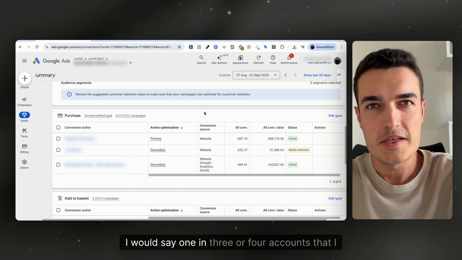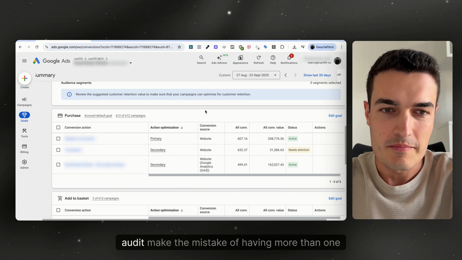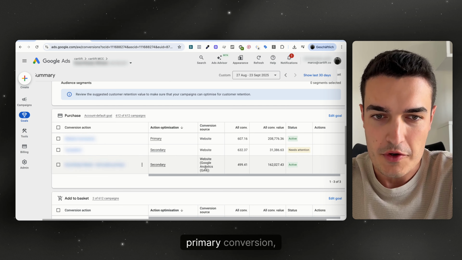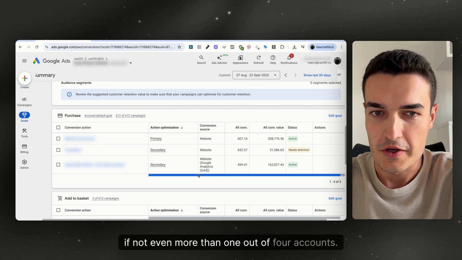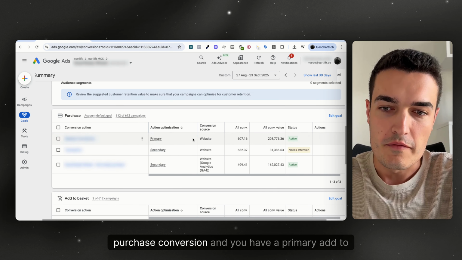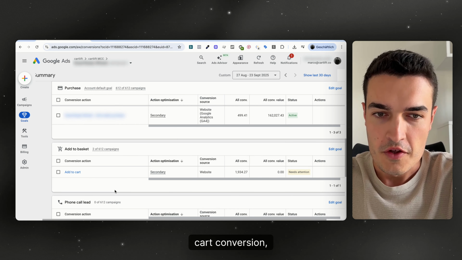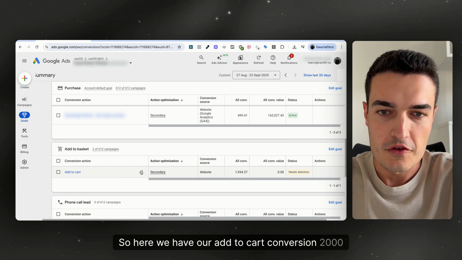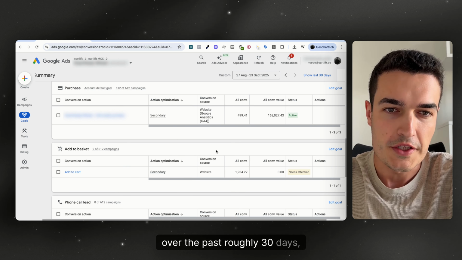I would say 1 in 3 or 4 accounts that I audit make the mistake of having more than one primary conversion, if not even more than one out of 4 accounts. And what happens is, let's say you have a primary purchase conversion and you have a primary add to cart conversion, right? So here we have our add to cart conversion, 2,000 over the past roughly 30 days, a bit less than that,